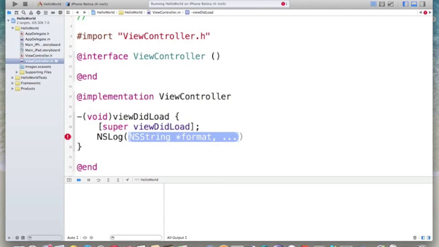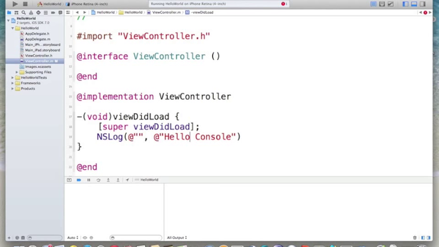So in order to have an NSString, usually if you come from Java, you'll have double quotation marks, but in Objective-C you have to put the @ sign at the beginning, and then it'll know that this is a string. Then I would say, okay, what I want to send to the console, you put it here. For example, I want to say hello console,